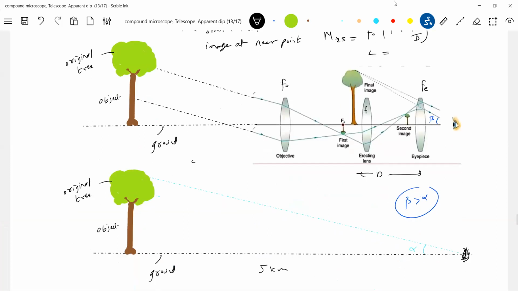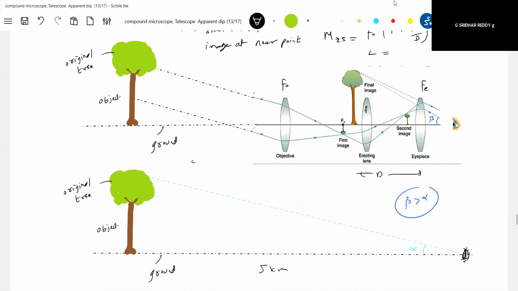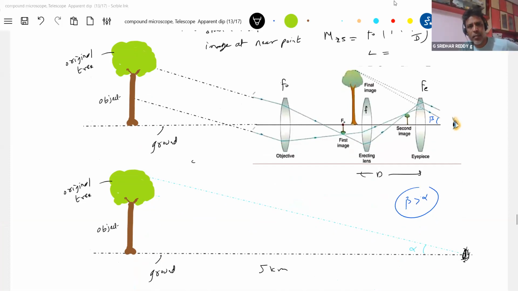Okay, I think apparent dip is left over. I'll discuss it tomorrow after the advanced paper. Apparent dip is one thing left over. Tomorrow we'll have the advanced paper discussion, and there I'll finish off apparent dip. Human eye is also not covered. Defects of the human eye will also be covered tomorrow.